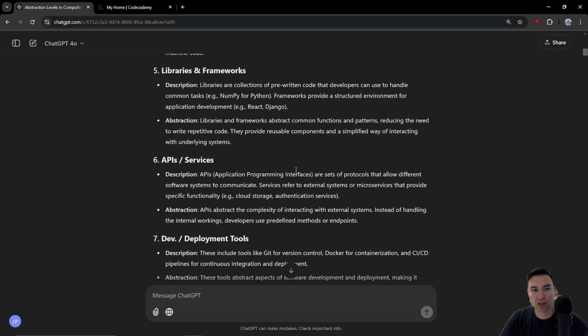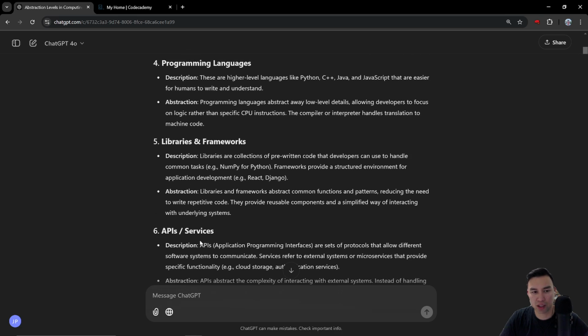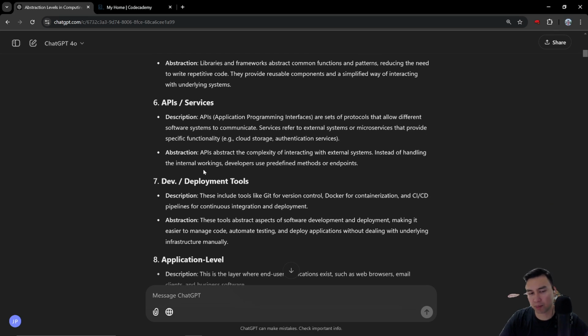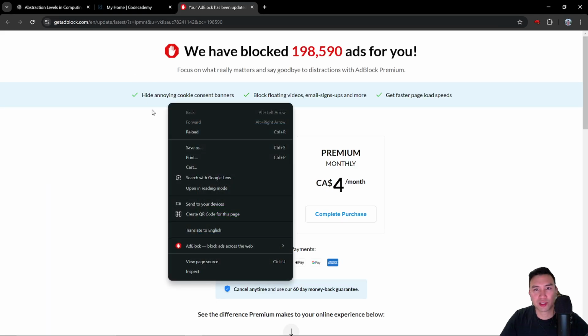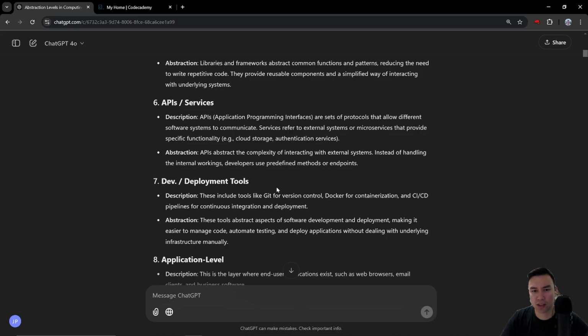Development or deployment tools. Like I said, most of my current time is spent on programming languages, libraries, and APIs. I'm learning about the Y Finance API, the Math API, the OpenAI API, the Google Gemini API, a bunch of different APIs.